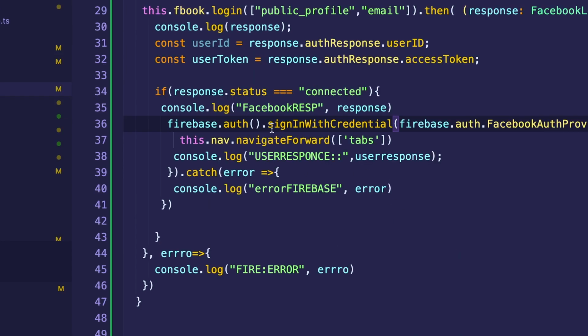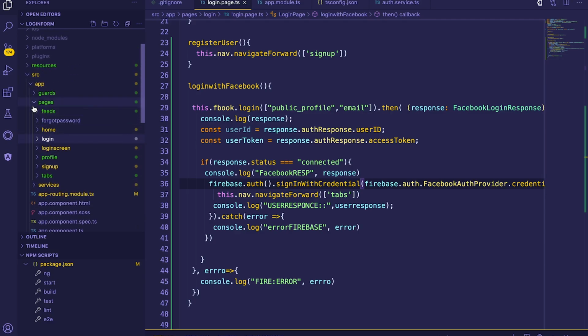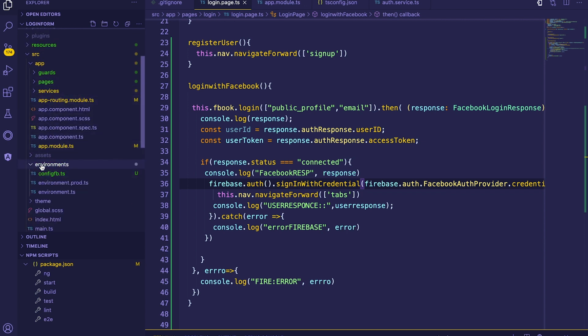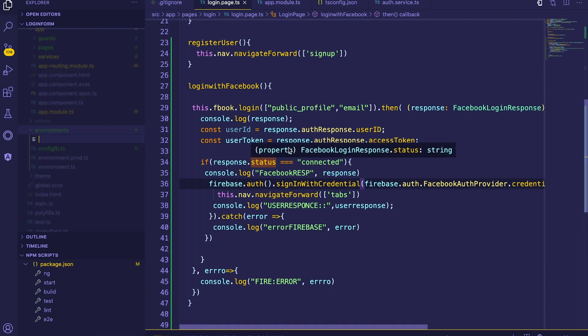But then the quickest solution that we can do is to create another function, and I'll be creating this function just inside our environment. I'll click new file, and then I'll call our file